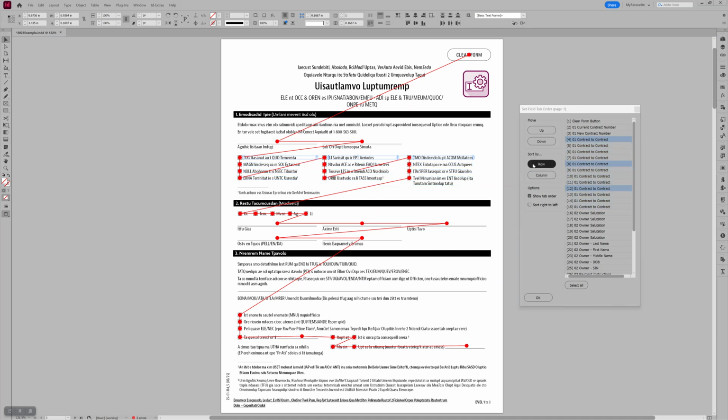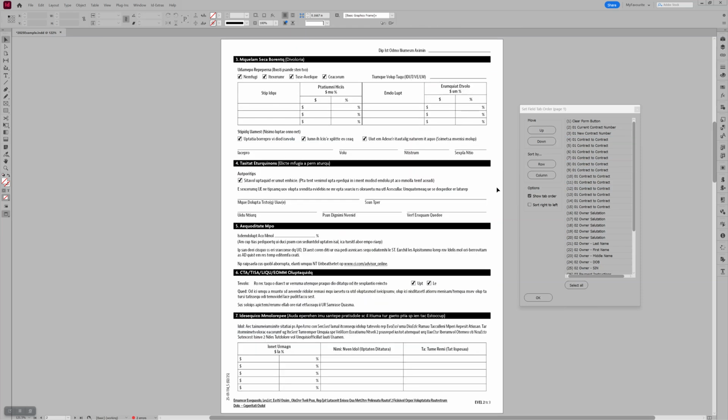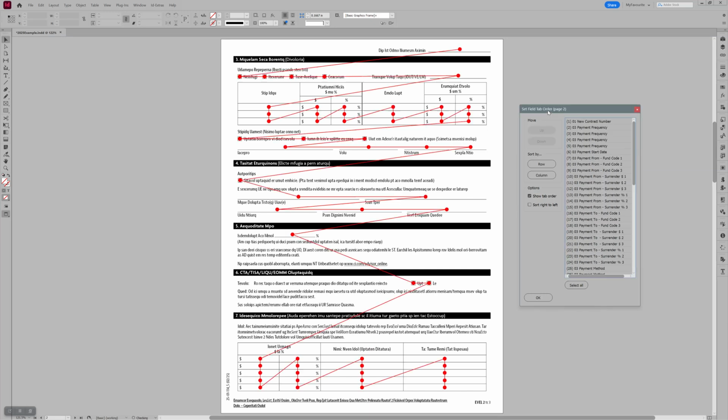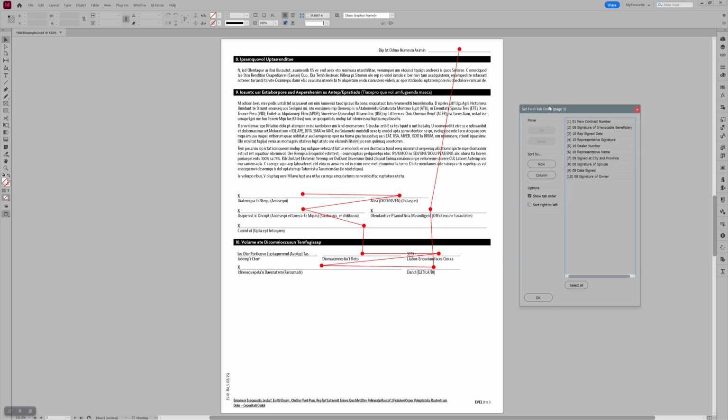Once we've adjusted the tab order on all the pages, then all that's left is to do a final verification, and there are two ways of doing that. You can use the Show Tab Order visual, which is a great way. Turn the page, just click on the window to update everything. Give a look to see that everything looks correct. Next page. Again, click on the window to update. This page is a mess, so select all, sort by row,